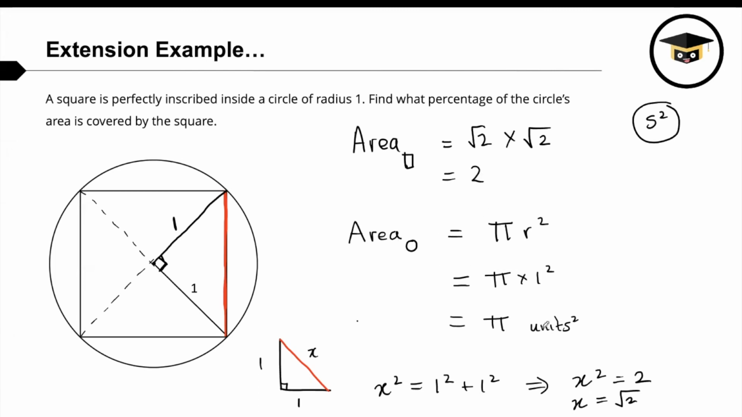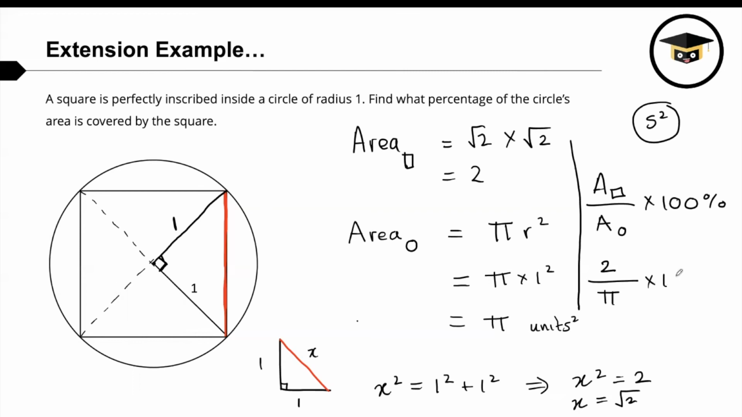We know that the area of the circle is pi. So to find any percentage, we do what we have over what the total and times that by 100%. So to find the percentage, we would say that the area of the square over the area of the circle times by 100%. So just put a little division over here. So area of our square is 2 and the area of our circle is pi, and then times that by 100%. If you are to put that in your calculator, you would get an answer of